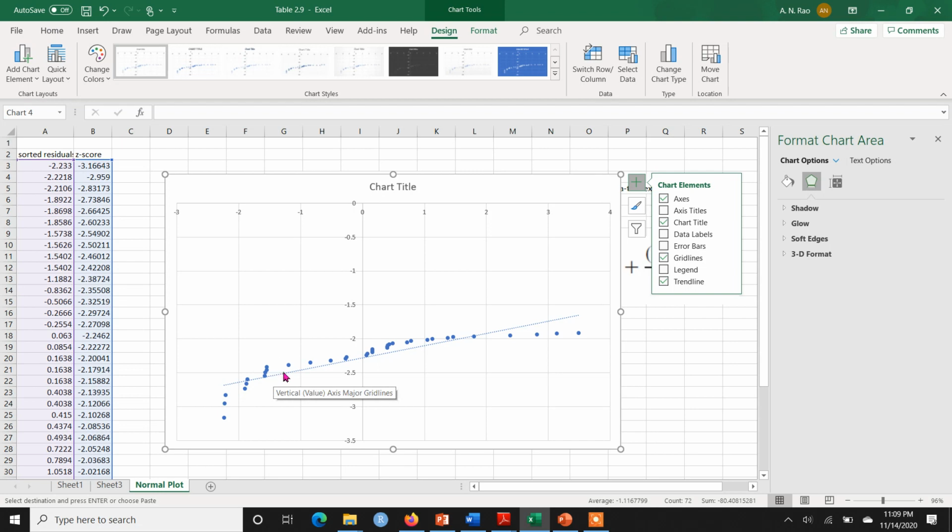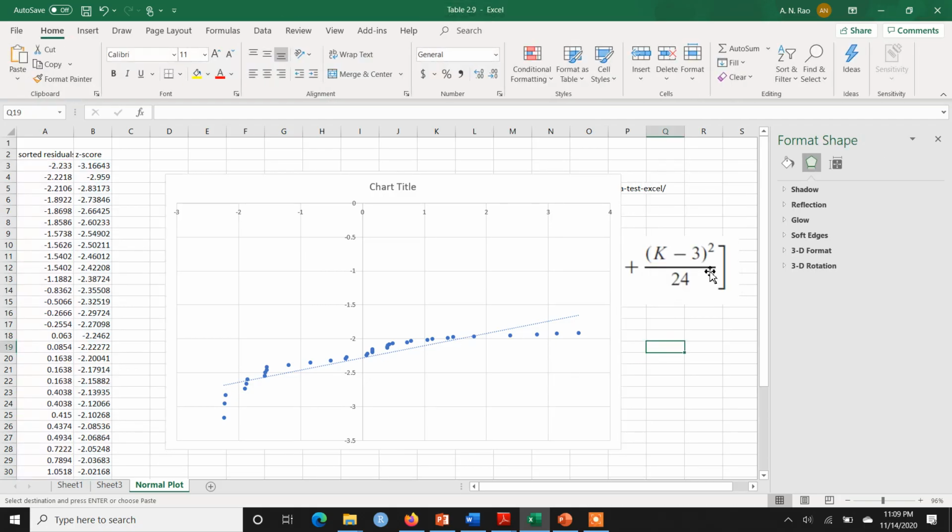So strictly speaking, these residuals are not normally distributed, but if I were to use the words approximately normally distributed, maybe I'll say that if, for example, I ignore the first few dots, most of the data could be said to follow a linear pattern or be close to the straight line. So I can safely say that the residuals from this linear regression are approximately normally distributed.